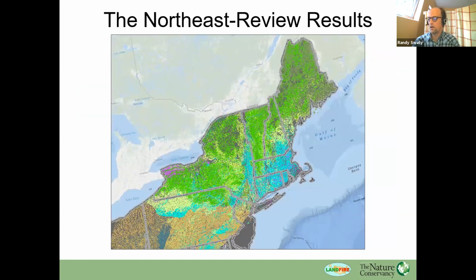Then looking at it another way, luckily, the biophysical settings for which we did receive review covered a lot of the Northeast. So you see that here, basically the gray pixels represent biophysical settings or areas that did not receive review, and the colorful pixels represent biophysical settings that did receive review. Too many R's there for me to say. So anyways, spatially looking across the area, you guys, great. Great to see so much review.